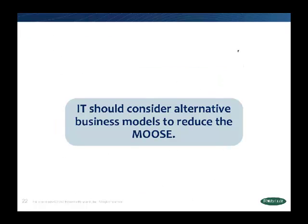So my point really is IT should consider alternative business models to reduce the MOOS, this maintenance of the ongoing systems environment. How can we shift that MOOS so that we have more dollars innovating things such as upgrading WAN, LAN, do